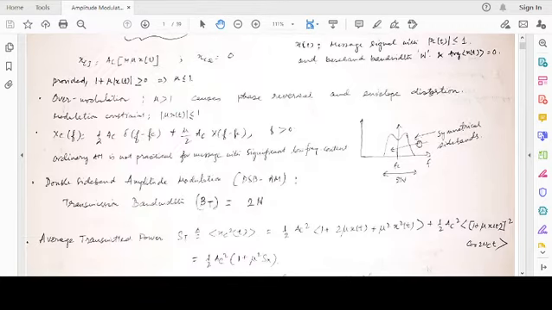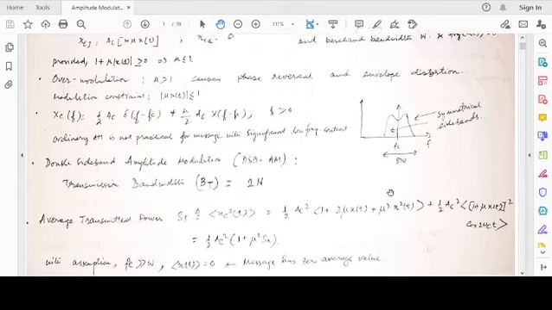This is also known as double sideband amplitude modulation, double sideband, DSB in short, DSB AM. Why double sideband? Because you have two sidebands and they are symmetric sidebands. This is known as the upper sideband, this is known as the lower sideband. What is the transmission bandwidth? We denote transmission bandwidth by B with a subscript of T to denote the transmission, and it is 2W.